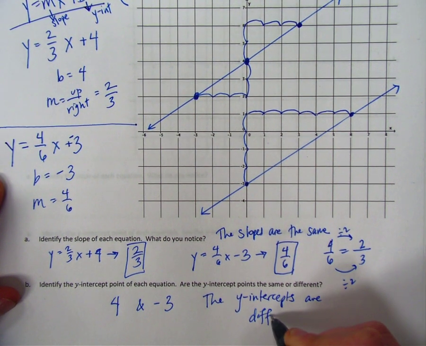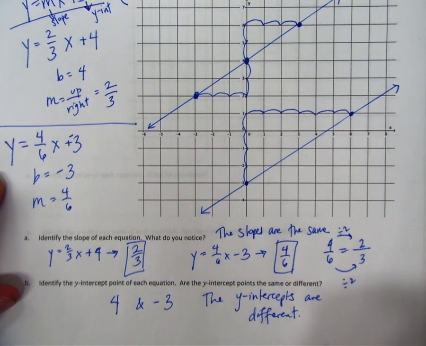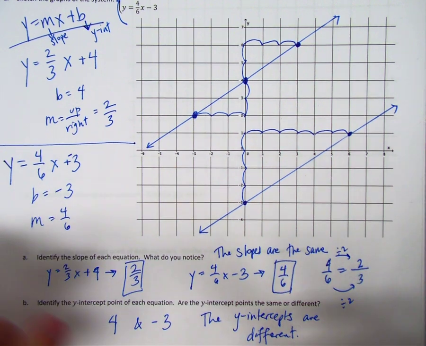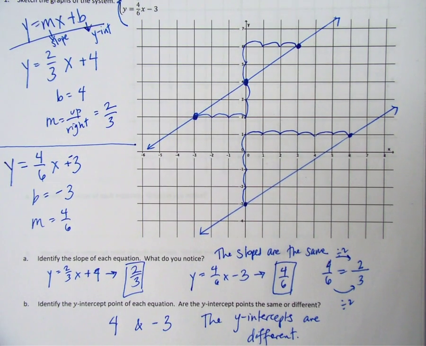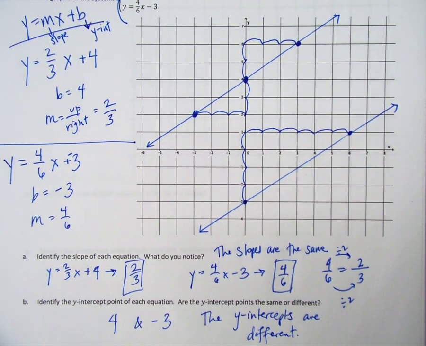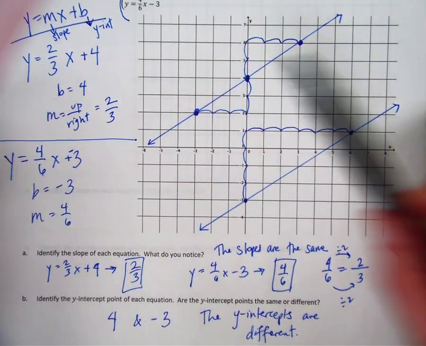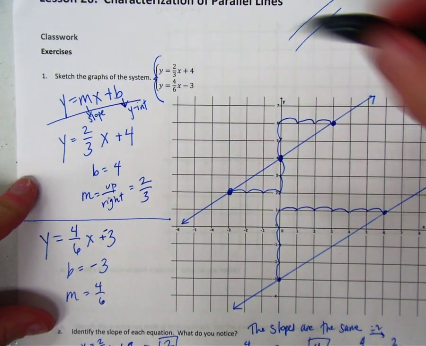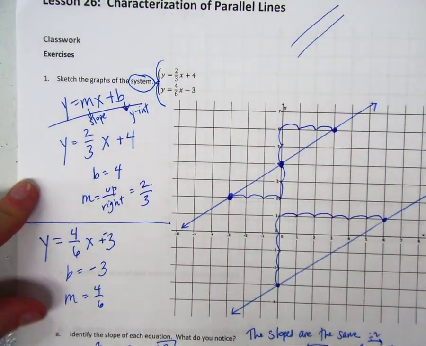And then I'm just going to add something here. Are these lines ever going to cross? Imagine that they literally go on forever. Are you ever going to get to a point where they cross each other? The answer is no. So this, we call it a system. This system of equations